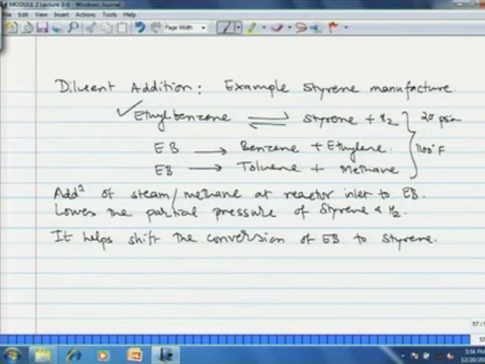Now, steam remains as an impurity in the product styrene, because it is used as a diluent and then it condenses after the reaction. However, the water and hydrocarbon mixture is usually immiscible. So, you can easily get rid of water by having a phase split. In some cases where the organic material dissolves in water, you can have the steam stripping of this particular organic solvent. So, recovery of the desired product from water is not so difficult, and most of the times there is no need to recycle water.